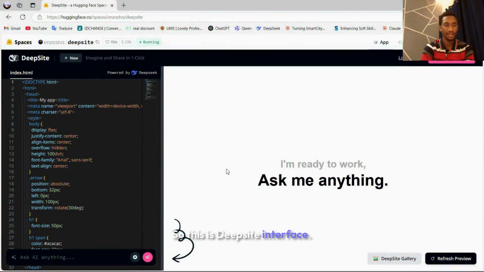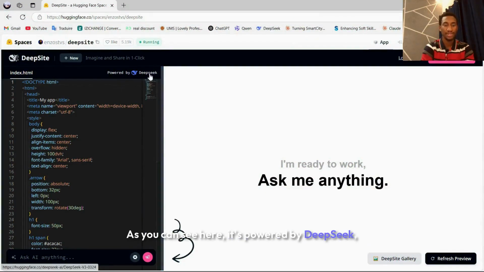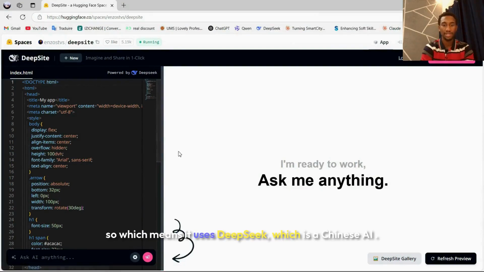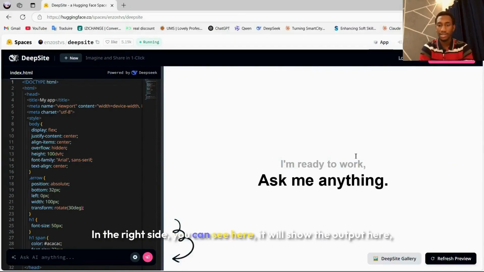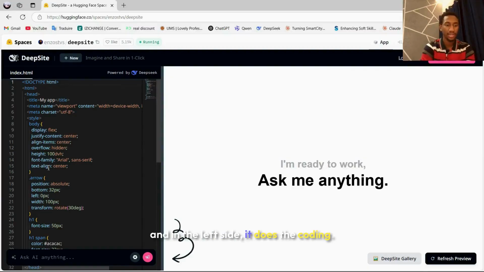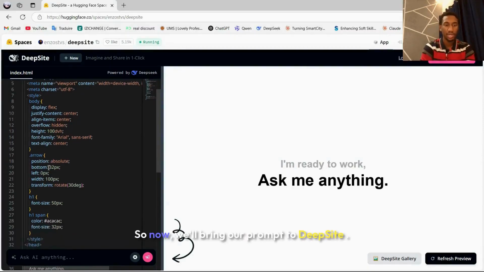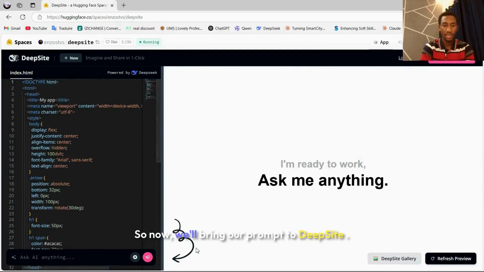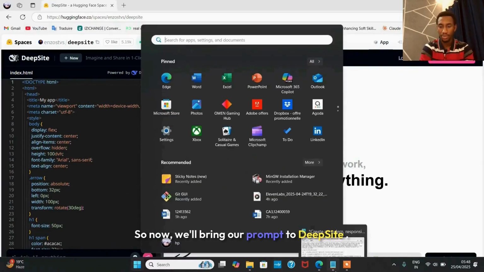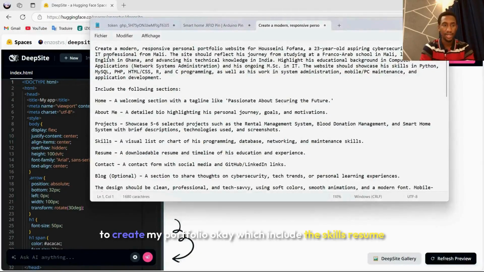So this is the DeepSeek interface. As you can see here, it is powered by DeepSeek, which means it uses DeepSeek, which is a Chinese AI. It's a good AI. I think you have heard about DeepSeek. On the right side, you can see it will show the output here, and on the left side, it does the coding. So now we'll bring our prompt to DeepSeek to create